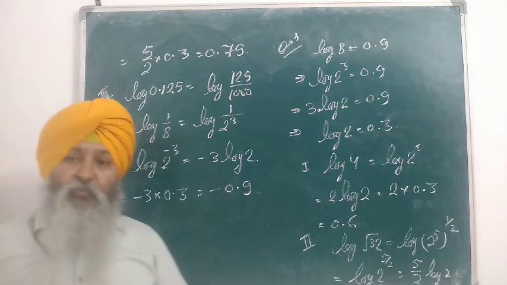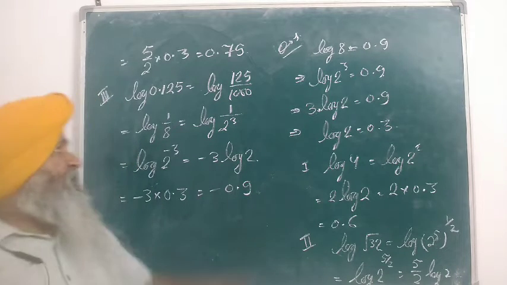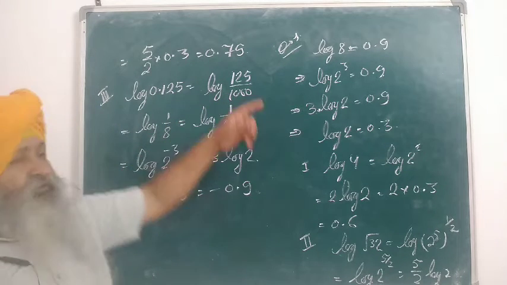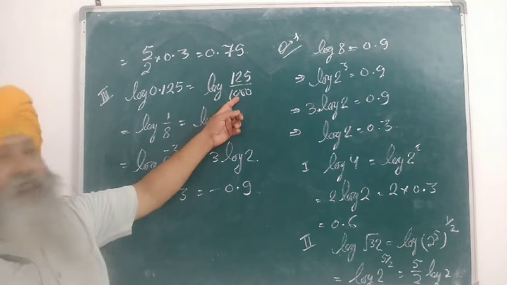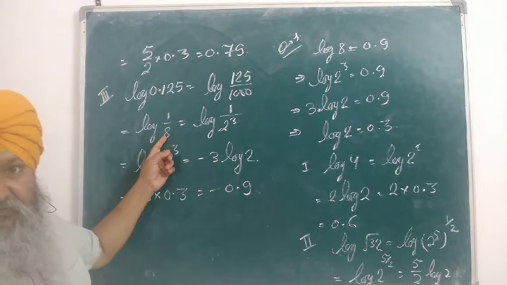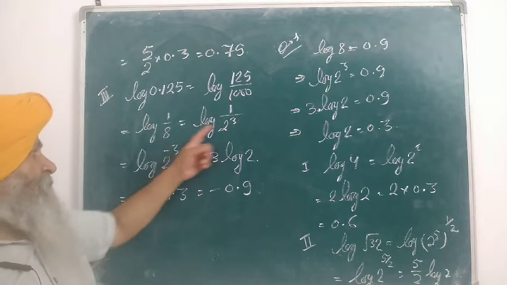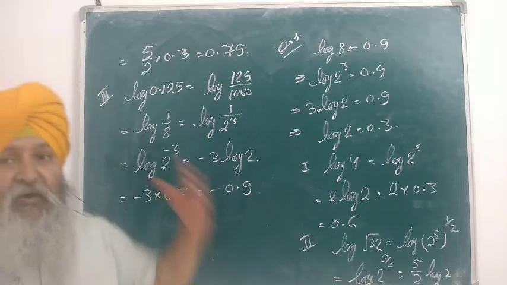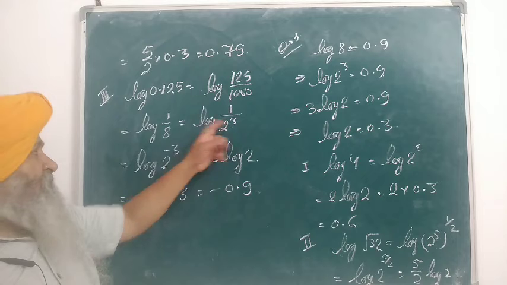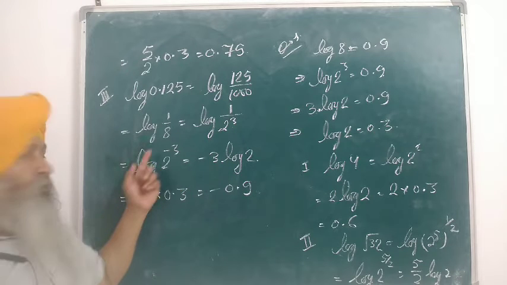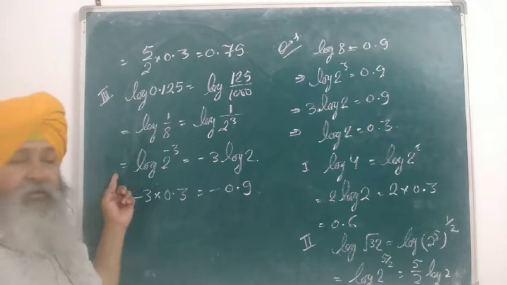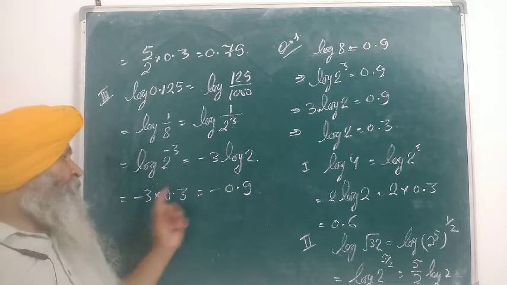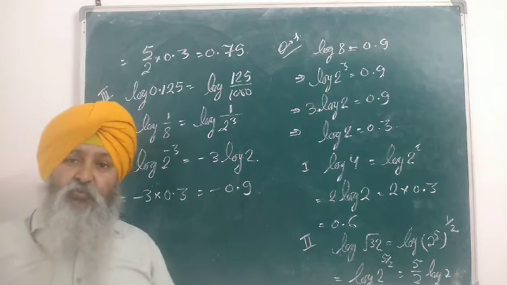Now come to log 0.125. Firstly, let me eradicate the decimal, so it will become 125 over 1000, because 3 places, so 3 zeros. Now 125 and 1000 can be cancelled, it is 1 upon 8. You know that 8 is not a prime number, so let me write it as 2 cube. Indices state that when we move from denominator to numerator, the sign of the power changes. So 2 raised to power 3 will become 2 raised to the power minus 3. Logarithm says the power will come to the multiplication, so minus 3 comes forward. Now minus 3 as it is, and this is the value of log 2. So on multiplication, your answer is minus 0.9.